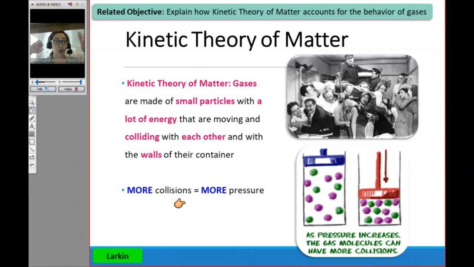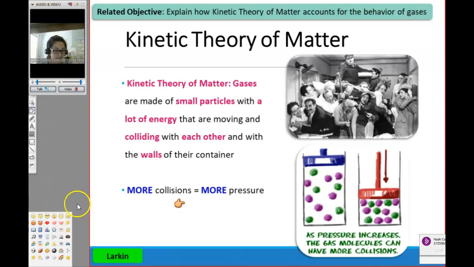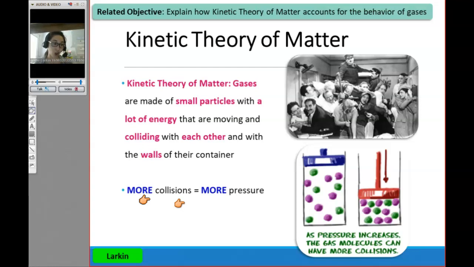And that relates right back to our brainstorm, where the more you're colliding, the harder you're colliding with that door, the more pressure you're putting on that door, and the more likely it is to open. Go ahead and give me a lightning bolt if that's beginning to make sense. The more you collide with the door, the more you have friends colliding with the door, the harder you collide with the door, the more pressure there is on the door to open it up.